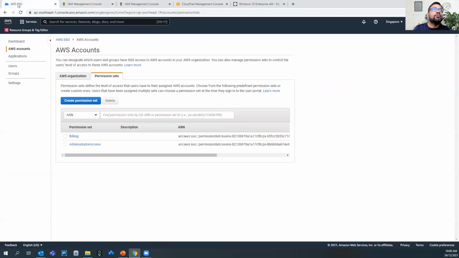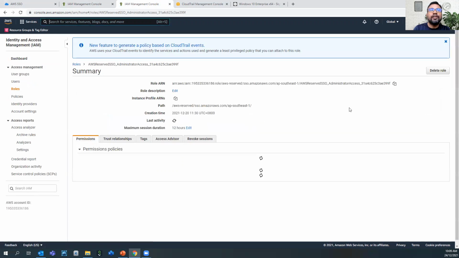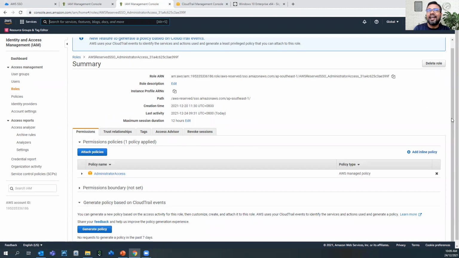If I go to my roles, in the roles also you will be able to see that AWS SSO created 2 roles behind the scenes. They are named like AWS reserved SSO underscore administrator access and billing. If I click on administrator access, I think AWS is attaching an AWS managed policy, and the managed policy they are attaching is administrator access.